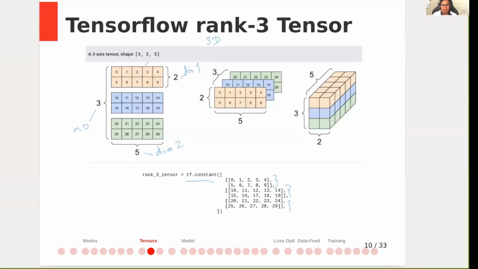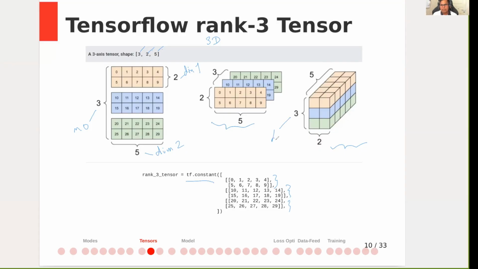So this is one way of visualizing it, but if you examine the shape, you can see that the shape is 3, 4, 5, corresponding to dimension 0, dimension 1, dimension 2. So this is another way of visualizing it. And this is a third way. But I recommend using this visualization because it is more consistent with the matrix visualization, and in this case